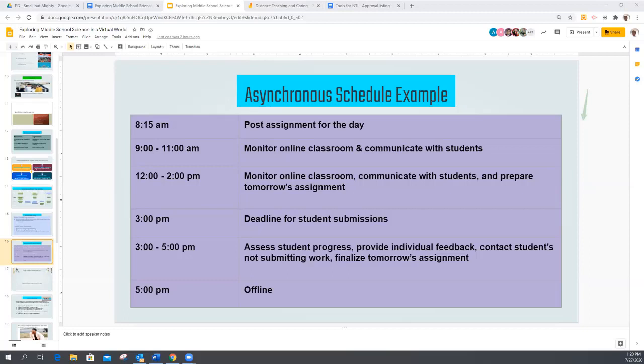I was just going to say, I saw 5 o'clock and I was kind of like, whoa, even though I'm at school till late. But I think what people have to realize too is not only between 9 and 11, because you might not have that many students get on. Hopefully you do. But while you're monitoring and communicating, you could be grading. So I hope people don't see that 5 o'clock and say, oh, I'm not doing that. Because truly you can be grading during those times when you're supposed to be communicating with kids who aren't communicating with you.